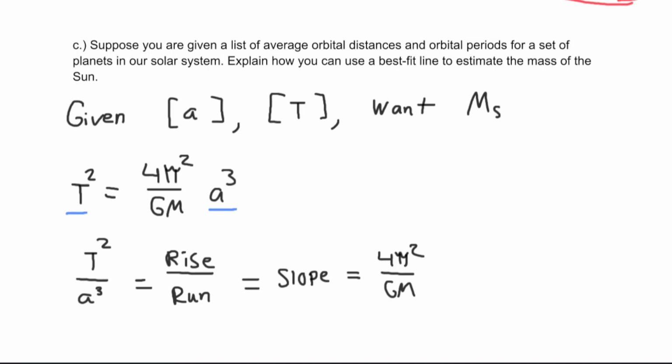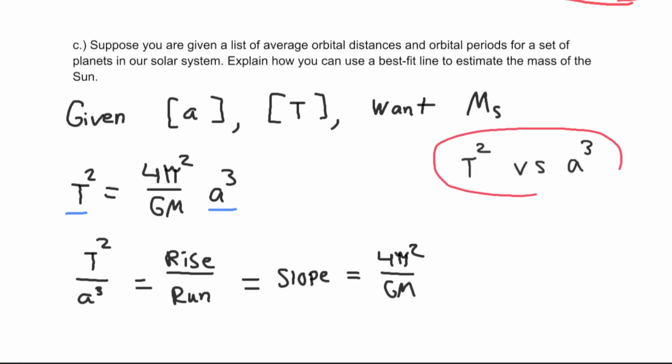Because again, if you get all your variables on one side, that means that there's a constant on the other side. So this means that the ratio of T squared and A cubed is constant, meaning it makes a straight line. So this is how we should do every best fit line question, is to just set up our expression that gets us a constant when we divide everything over. So that means we're graphing T squared versus A cubed,